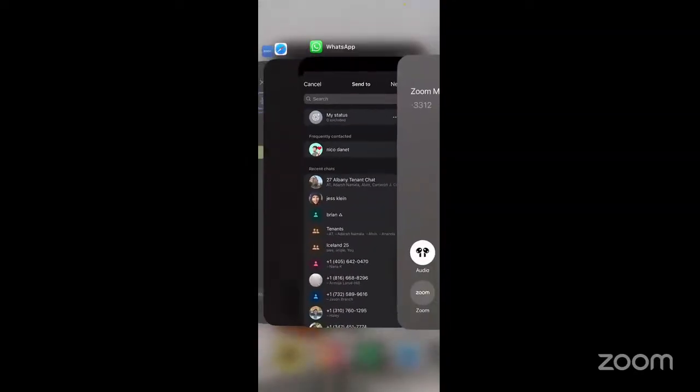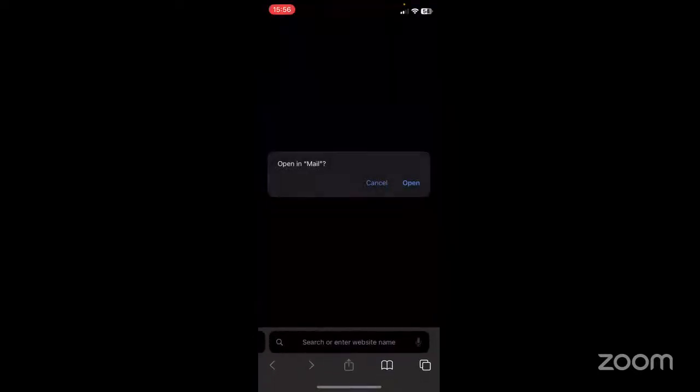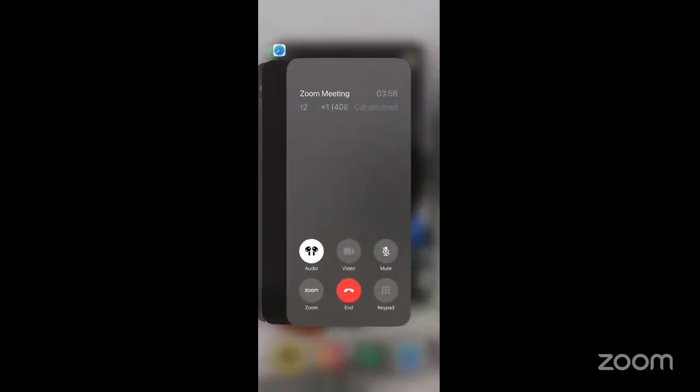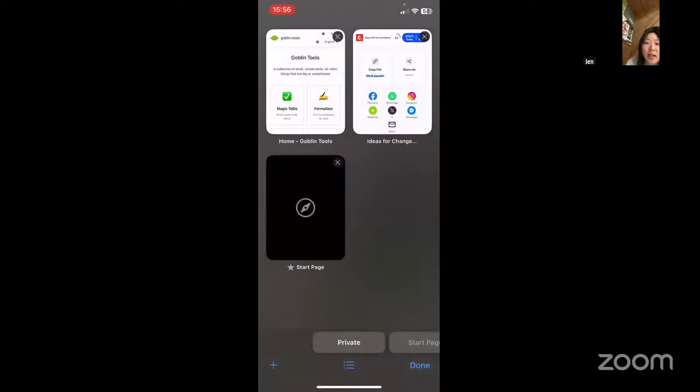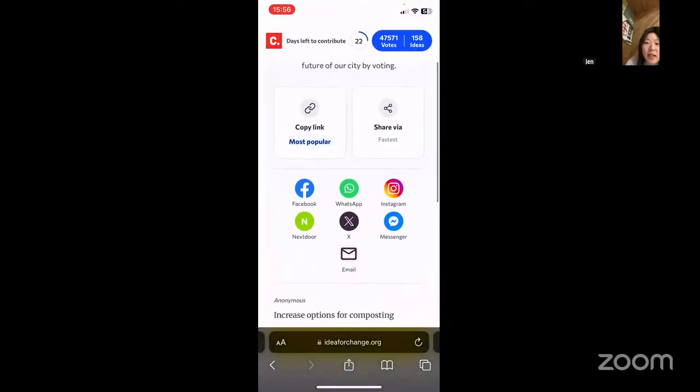Oh, very cool. Now I saw you tap, was that Messenger, Facebook Messenger? I tapped WhatsApp. Oh, WhatsApp. And then I was testing email. Yeah, I don't know that they all work, but it is good to know which ones you would select at this point.